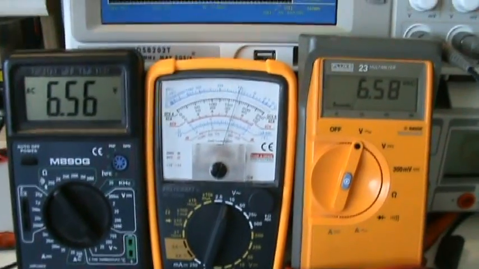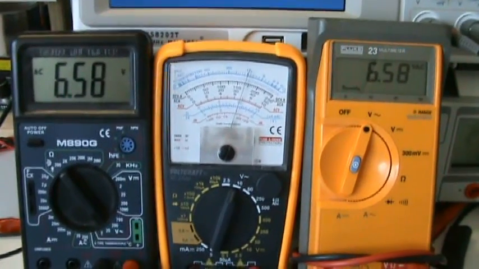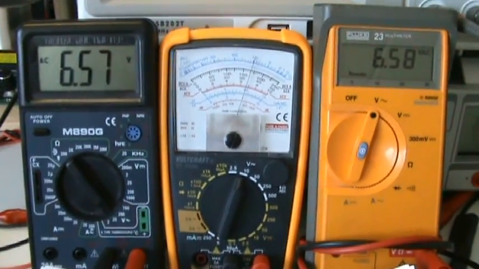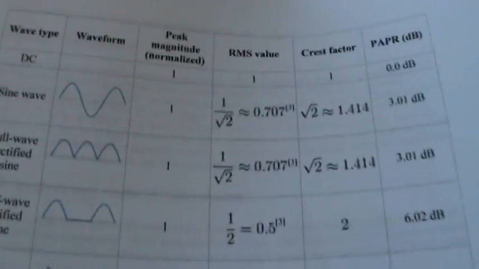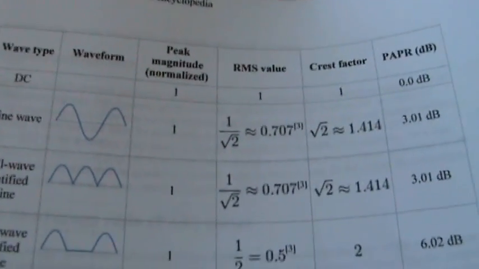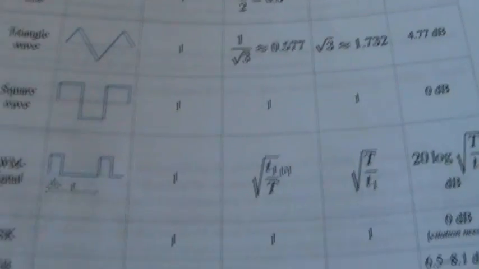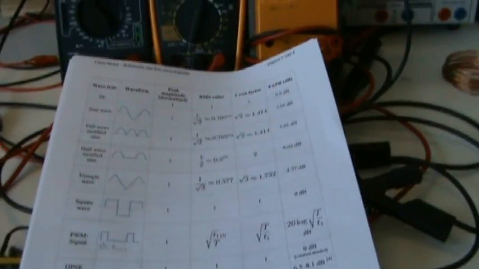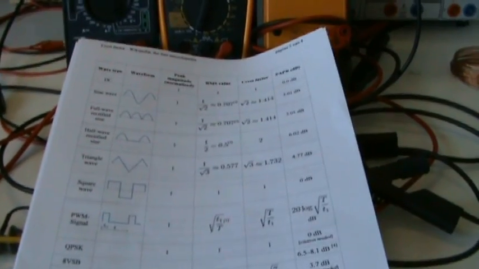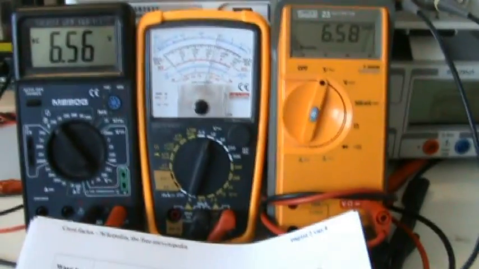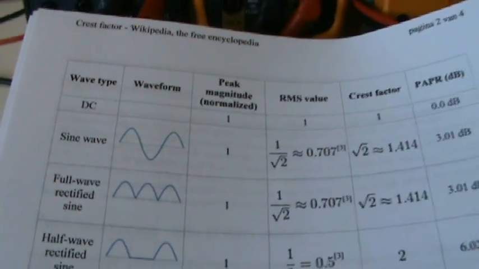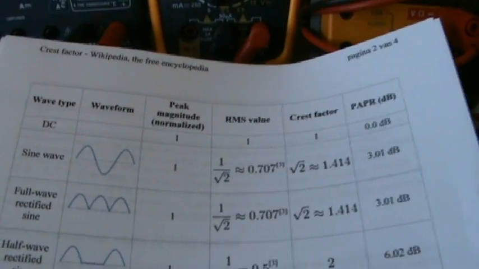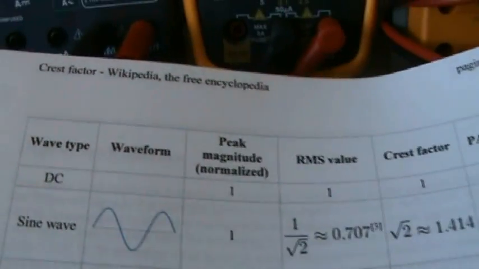And I will note down the voltages of the 3 meters, the 2 multimeters and the analog meter, and compare them with the RMS value that should belong to that waveform. I will put it in some kind of spreadsheet, I think, later on at the end of the video. So the first waveform I'm using is again the sine wave, because I noticed that according to this Wikipedia document,